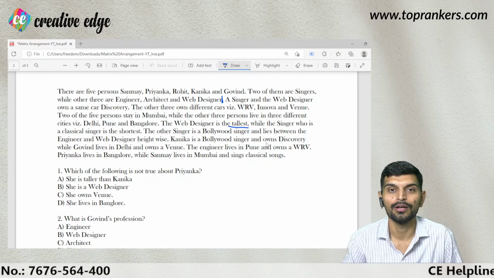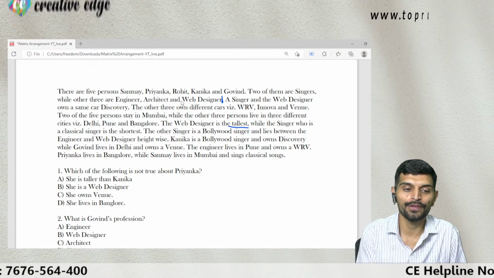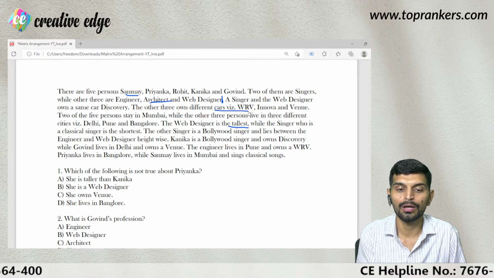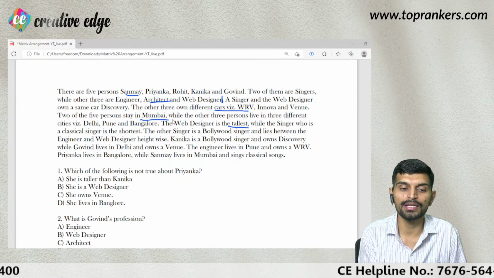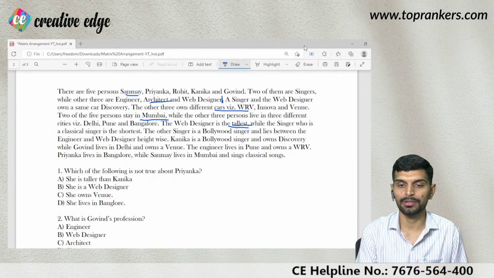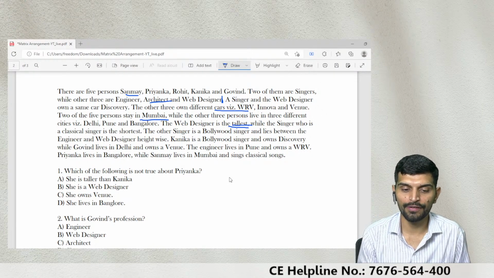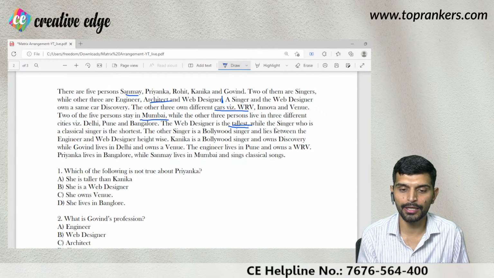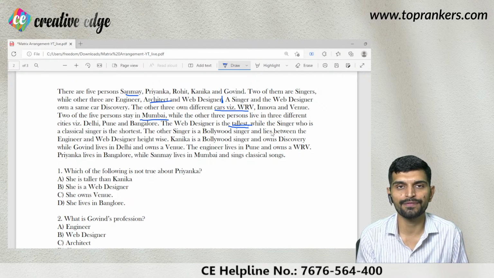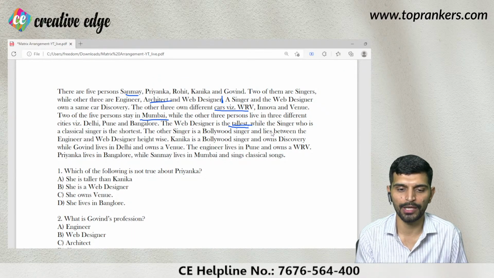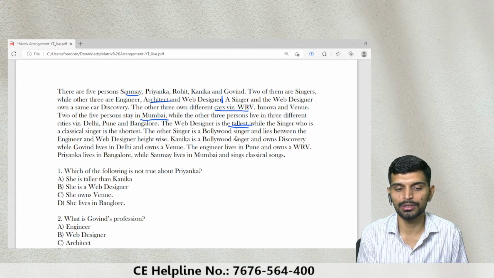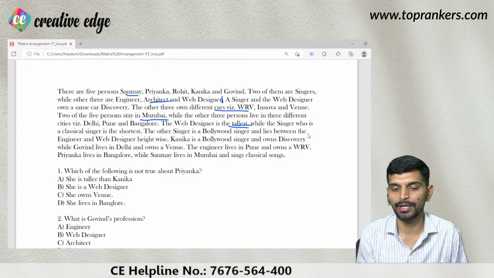Yes, focus. So till here we have 5 parameters: name, profession, cars, cities and height. So these are the 5 parameters, right? So we have to develop a structure. Let's read it completely so that we also confirm whether it has 5 parameters only or more than 5 parameters. So while the singer is the shortest, the other singer is a Bollywood singer and lies between